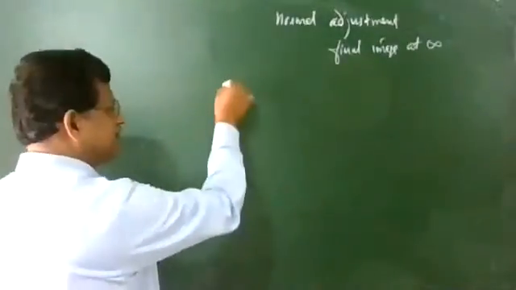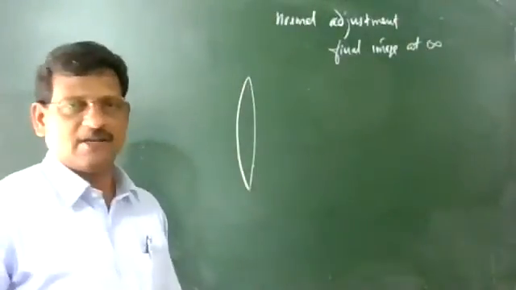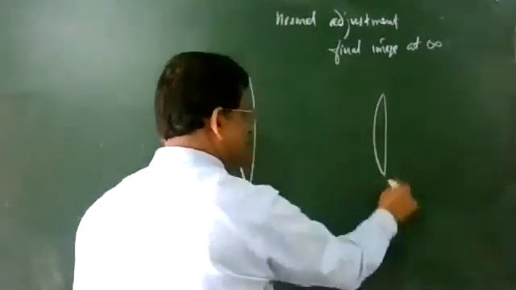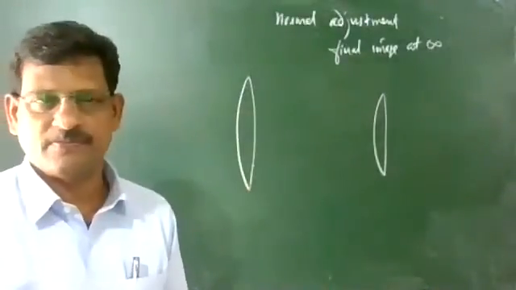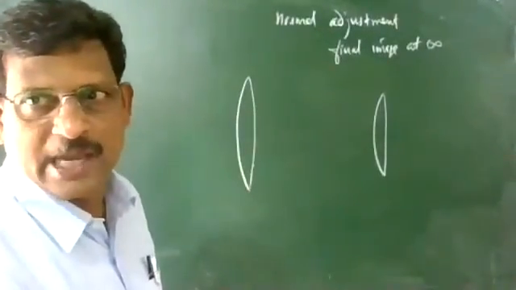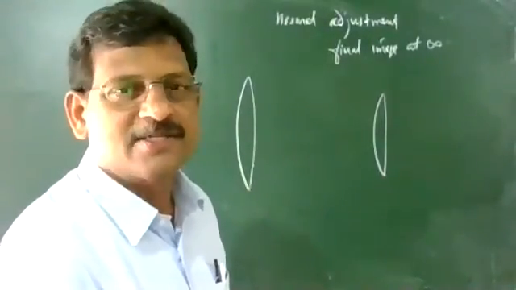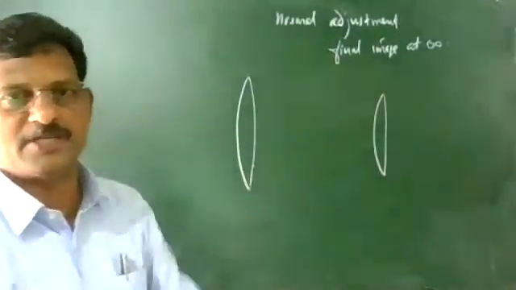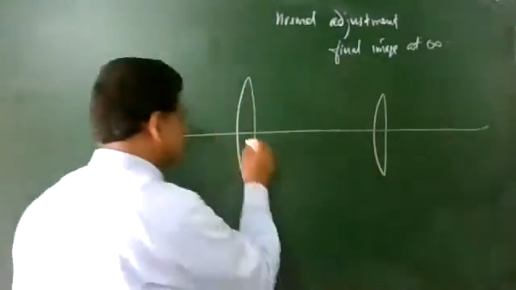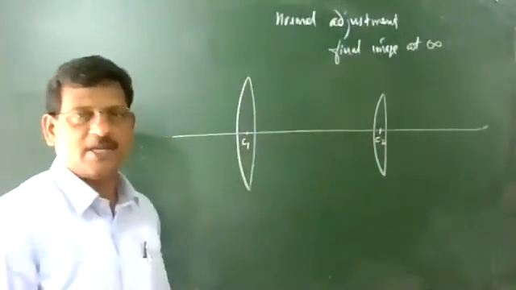Okay, see the diagram. We have an objective lens of large focal length and large size. The eye lens is of moderate focal length and moderate aperture. They are fixed at the ends of two coaxial tubes, one inside the other, and their distance can be adjusted, moved back and forth. So this is their common axis. C1 is the optical center of the first, C2 the optical center of the next.